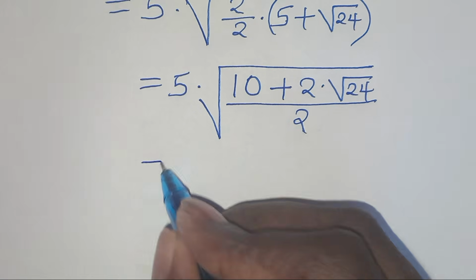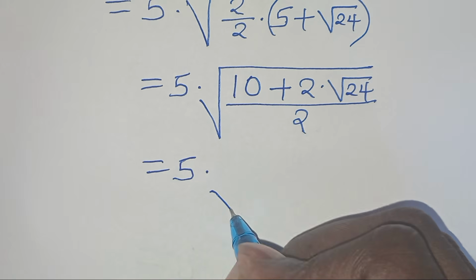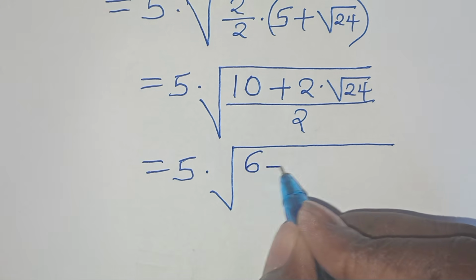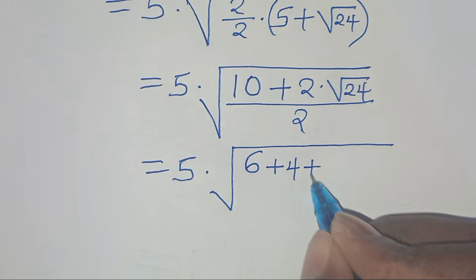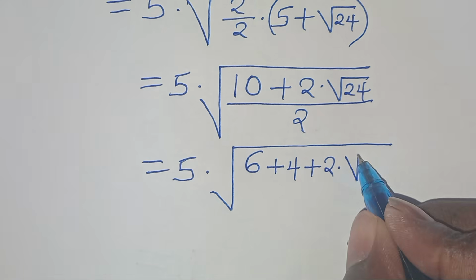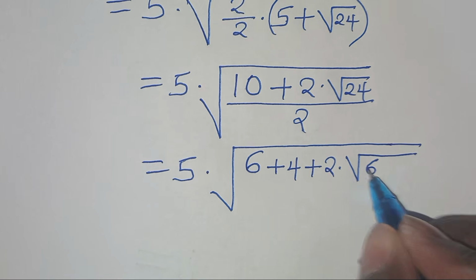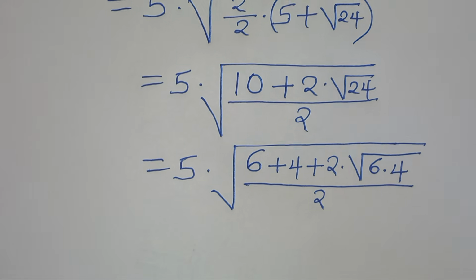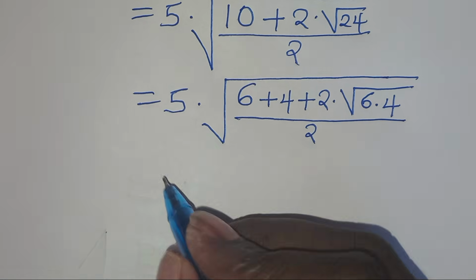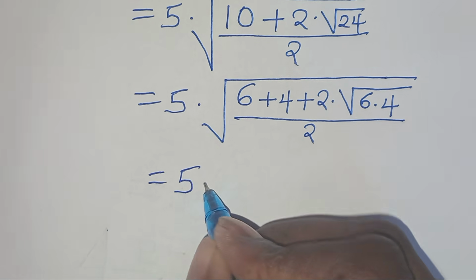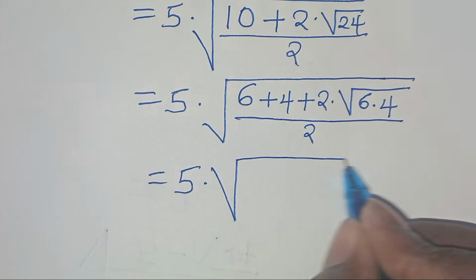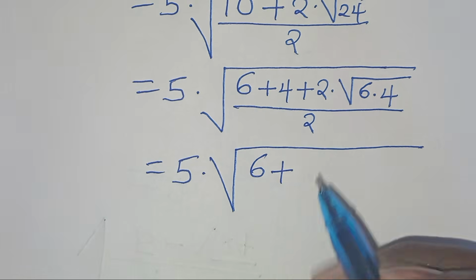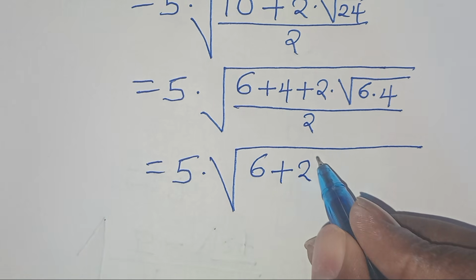The next step is that we have 5 multiplied by, now here we have root 10, which we can express as 6 plus 4, then plus 2 multiplied by root 24. Root 24 is the same thing as root 6 multiplied by 4, then everything here divided by 2. So this implies that here we have 5 multiplied by the square root of 6 plus 4, where 4 is the same thing as 2 to the power of 2,